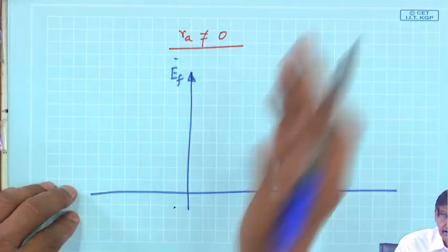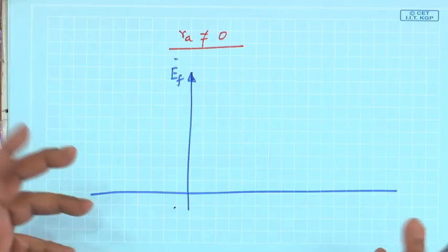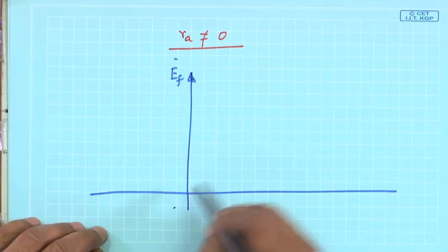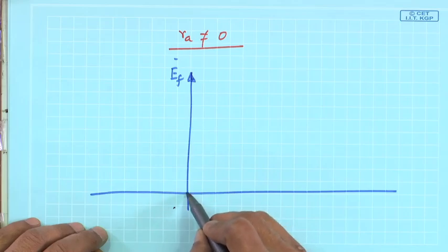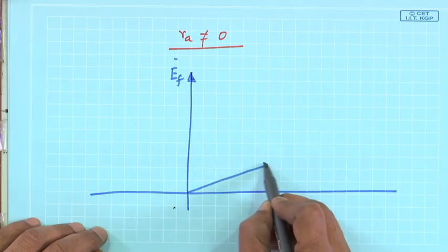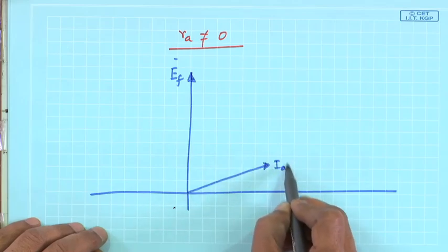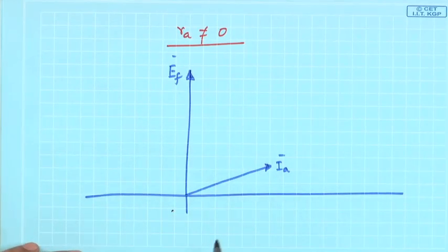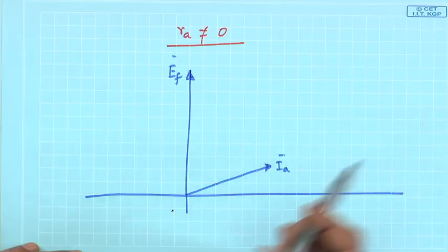The armature current is shorted, therefore it is an R L type of thing, so the armature current will be lagging. So I will draw this, lagging almost 90° or slightly less than 90°,